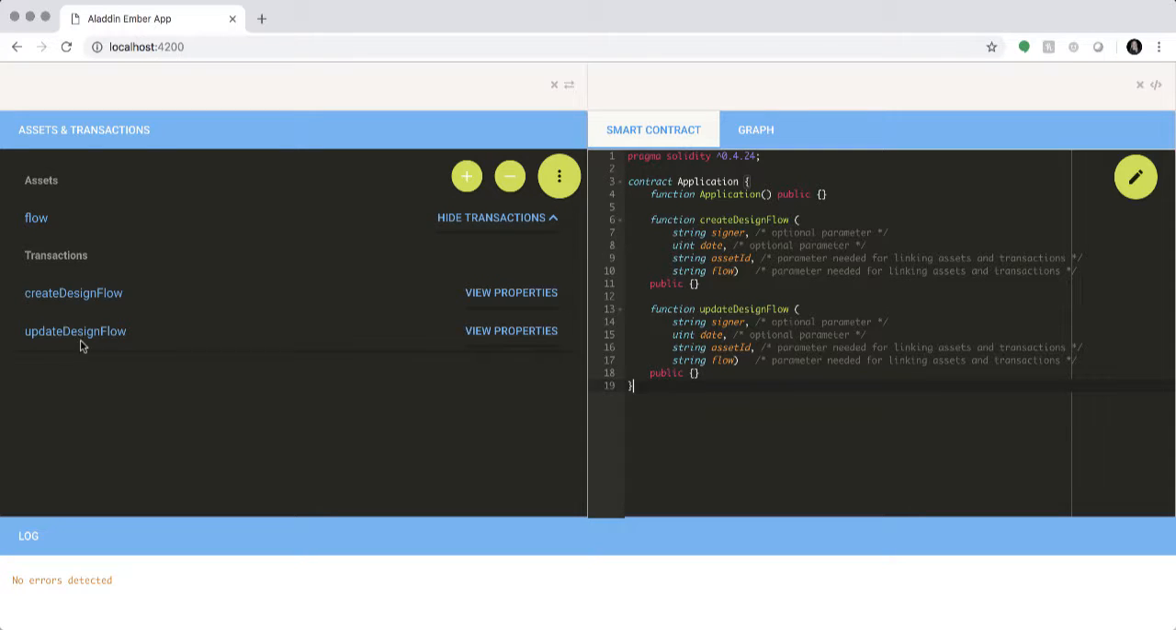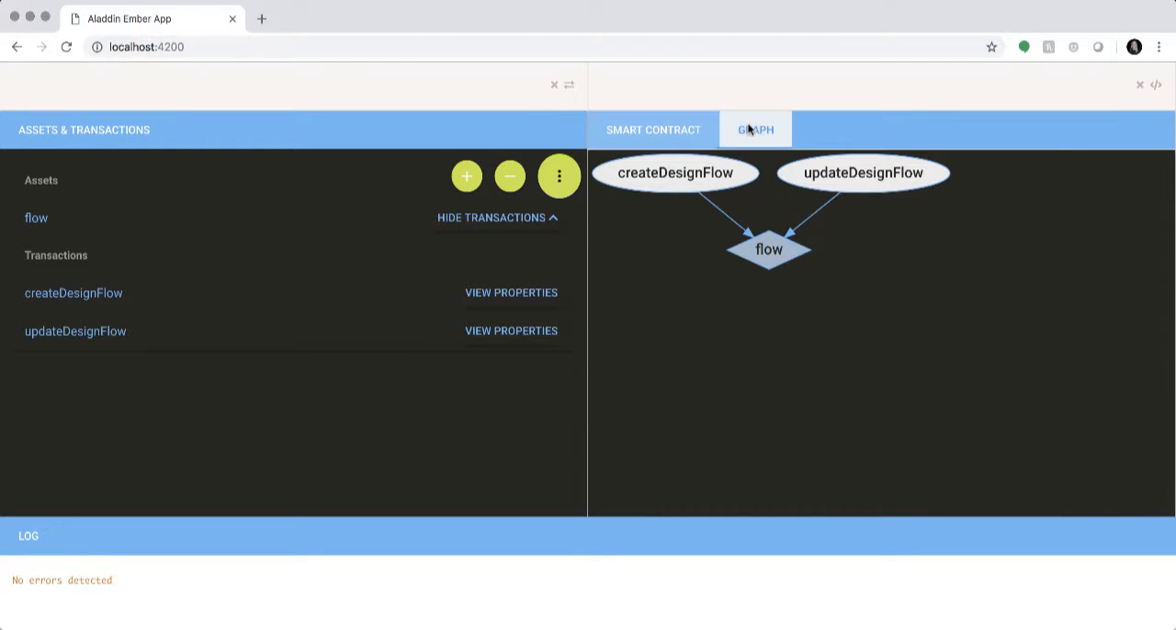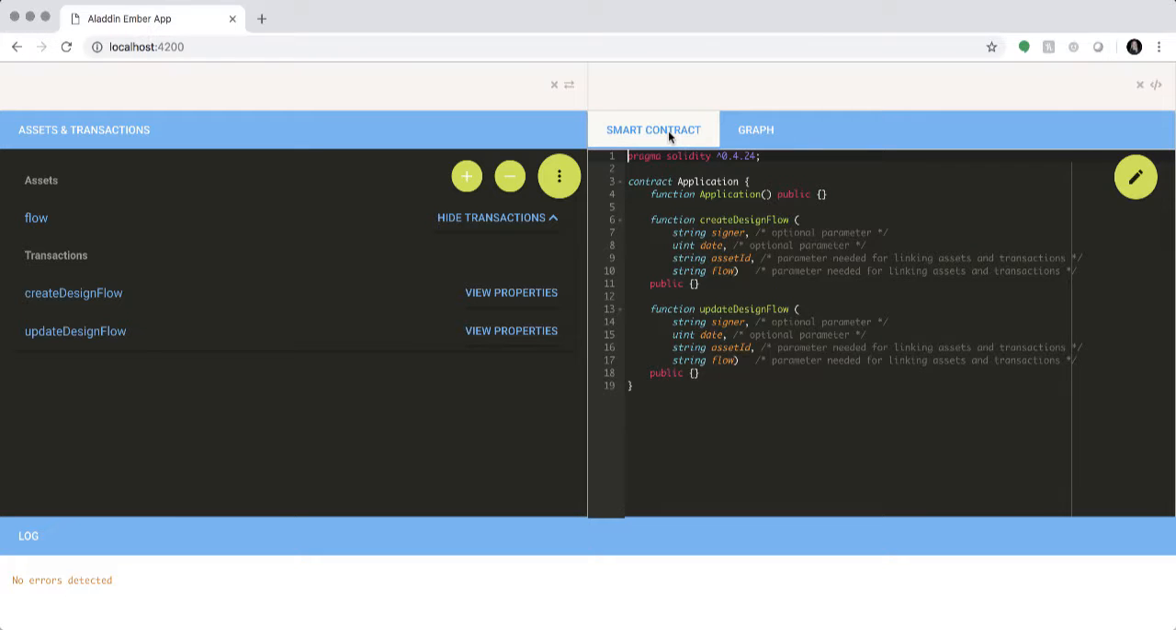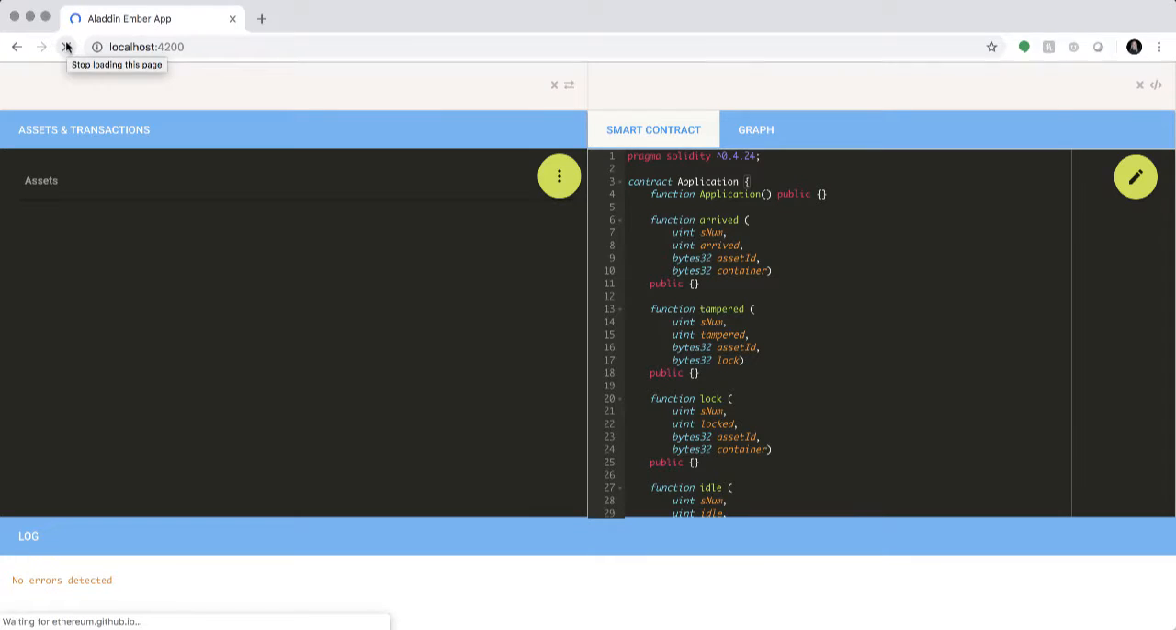Can you see that this update design flow method I've just created right now has automatically generated an update design flow method in the smart contract, and it's also updated the graph to reflect the new transaction that acts upon the flow. In this way, we can build up smart contracts that really create complex scenarios, and let me show you one of those. So one of the complex scenarios that we created using this tool is a way to